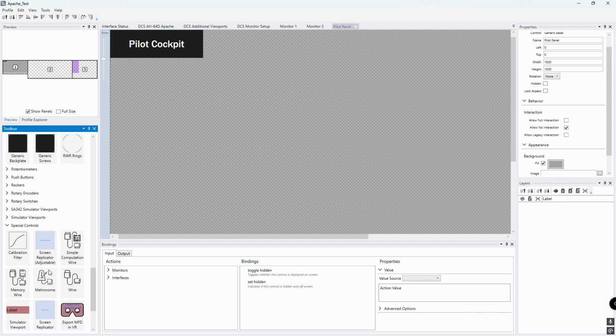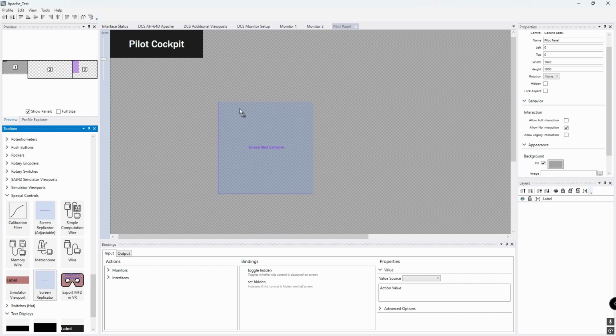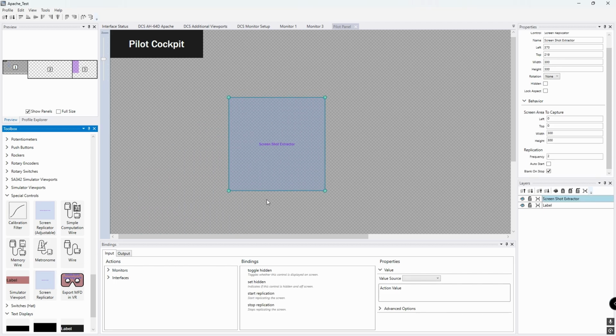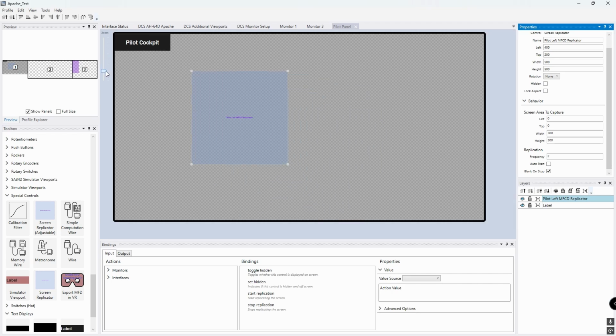Next, we head down to the special controls in the toolbox, and we select a screen replicator and drag it out into the pilot panel. We'll neaten up its position, and then we'll set the width and height of the display for this control to 500 by 500, which is what we had in the viewport. But we also need to go down to the behavior section and also make that 500 by 500,